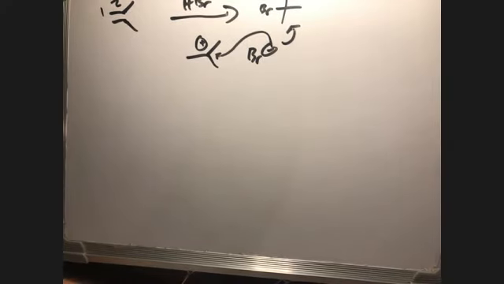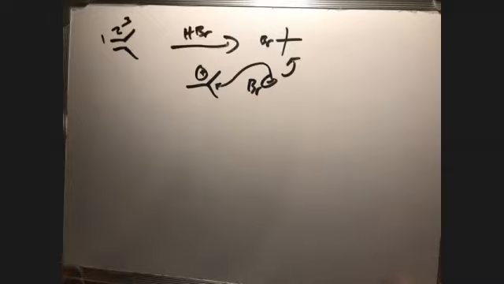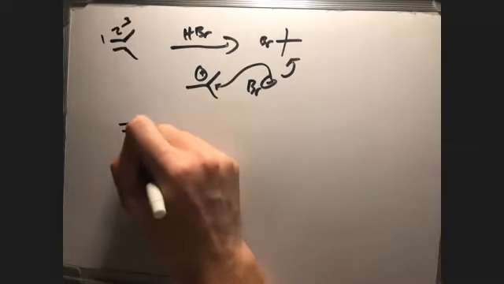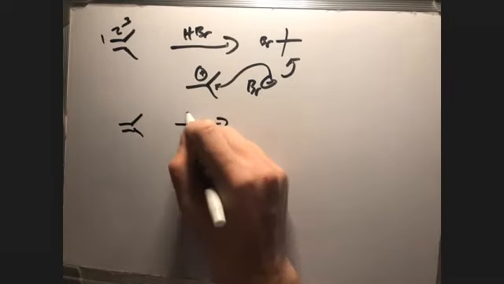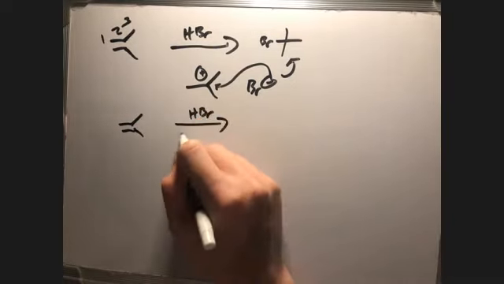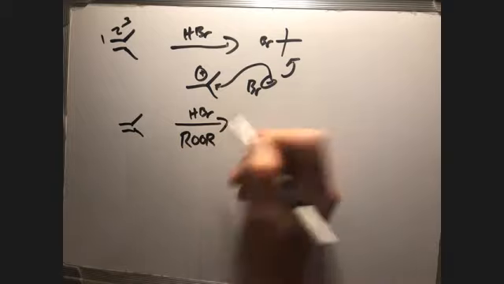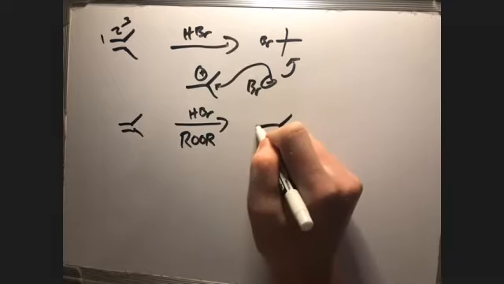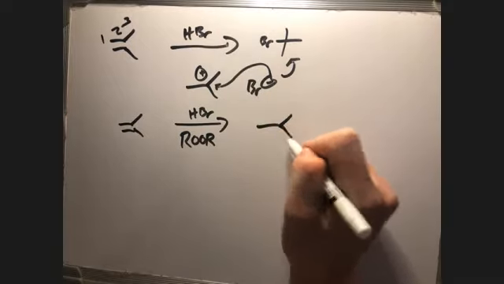So it's possible, this is Markovnikov, oops, sorry, you couldn't see that very well. So this is Markovnikov addition, but if you do the same thing with a radical initiator, like peroxides, you would get the anti-Markovnikov addition, which is here,